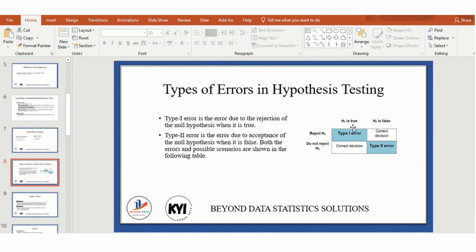You can look at the contingency table here, the cross tabulation table. The correct decision is when we reject the null hypothesis when it was supposed to be rejected, that is, when it is false. And when we do not reject the null hypothesis when it is true, that is also a correct decision. And then another type of error which we call